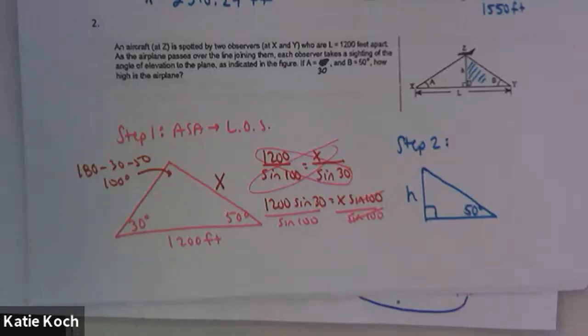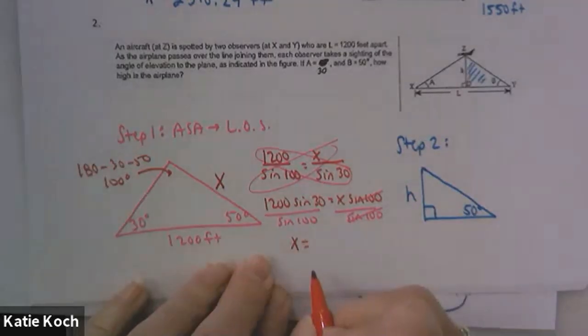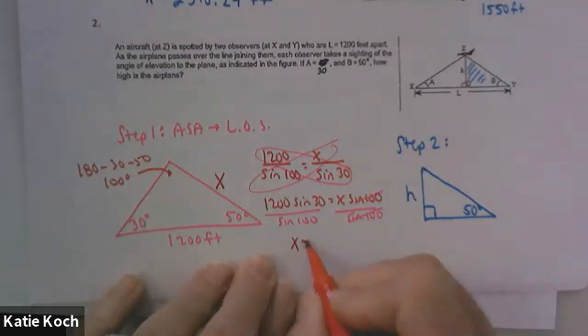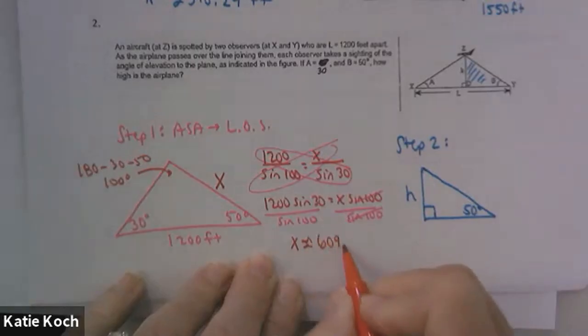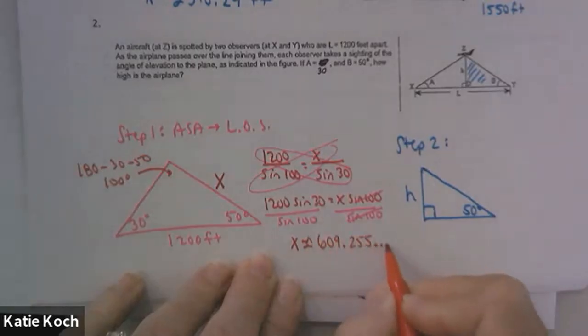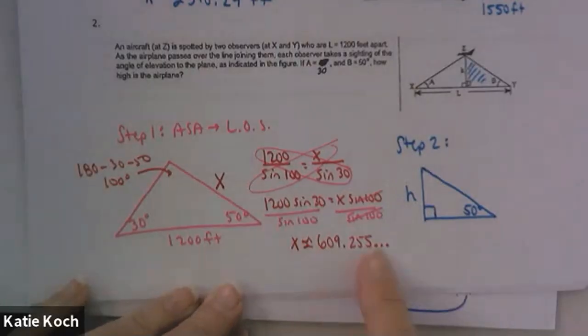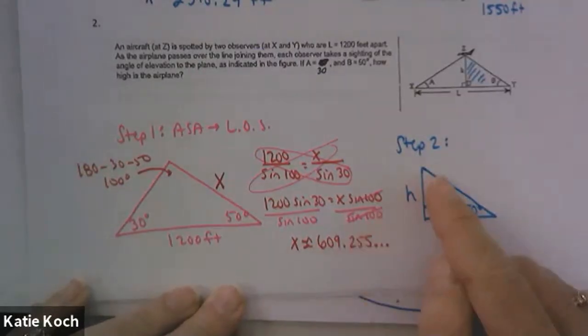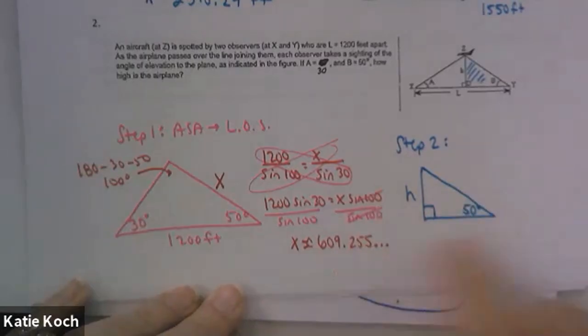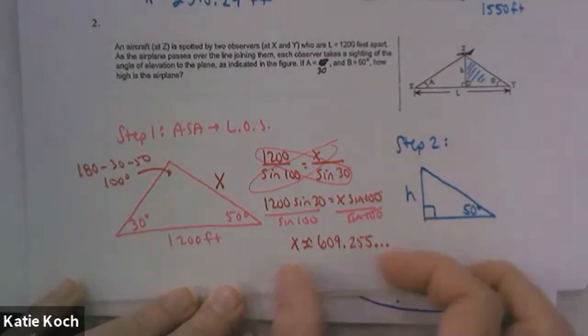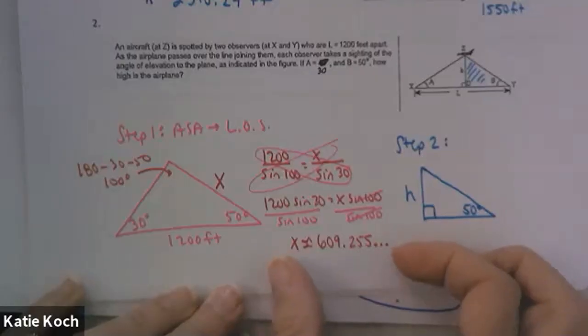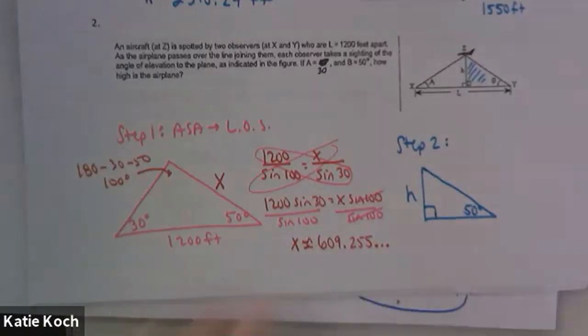Now, when you get that x, I got about 609.255. What I want to warn you about, caution, warning, warning, warning. Do not round this, okay? Don't round this, because if you just said it's 609.2 or 609.3 or 609.26 and you use that here, then you're going to be off a little bit when you write your final answer. So keep that number on your calculator. Know that that number is the same as this number here,